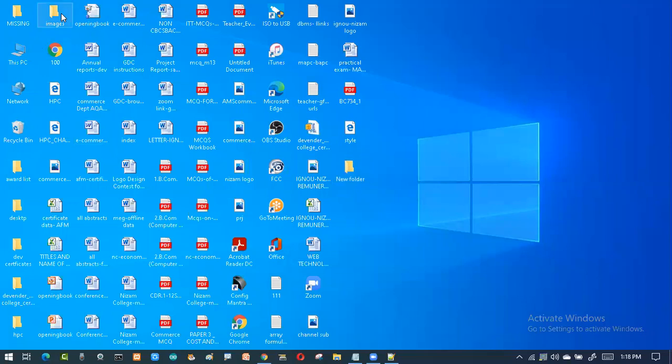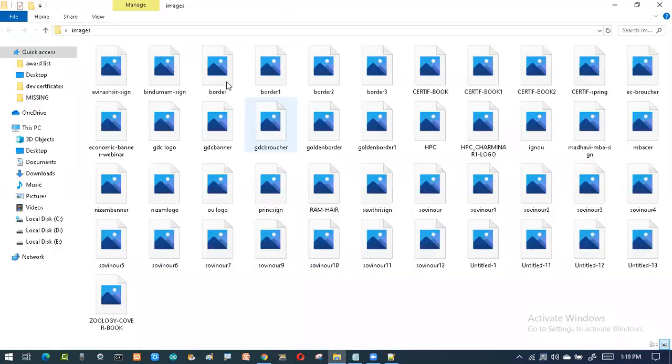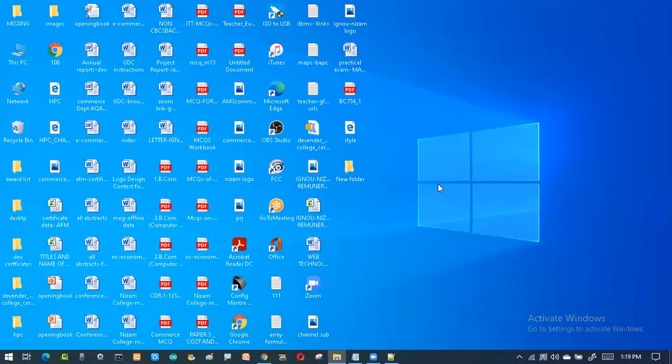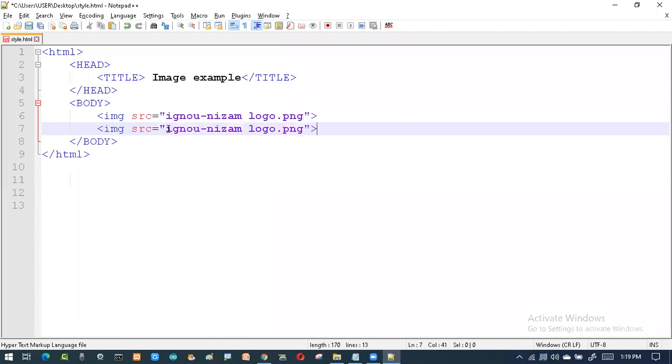Okay, so here I have some folder like this. Then I try to get the images. Here I have a lot of images over here. Now I'll pick up the HPC from here. So what I do, I go to my program. Then I'll say this image. This time, because my destination has been changed, I'll be saying it is images folder / HPC dot, whether it's a PNG or JPG, we'll see.